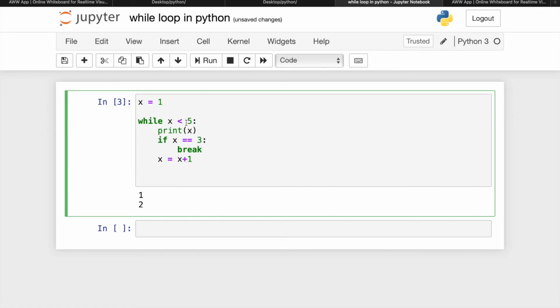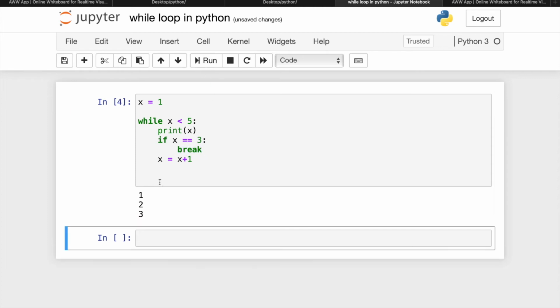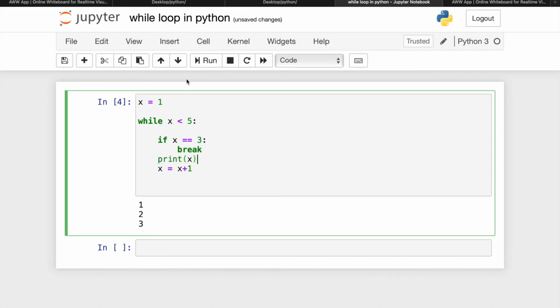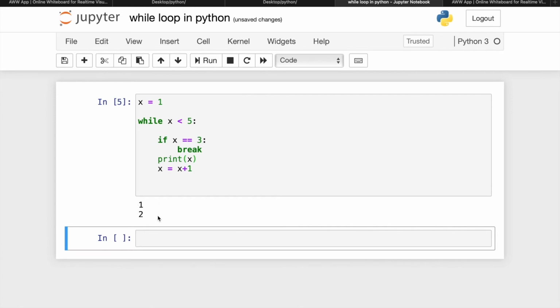First x becomes 1, so 1 will get printed, 2 will get printed, but when your x becomes 3, at that time the while loop will get terminated. You only get 1 2 3 if you are printing the x value before the check. If you write print x inside this if condition, then you will get output 1 2. So this is how the break statement works inside the while loop.